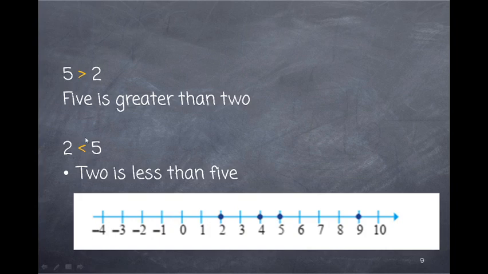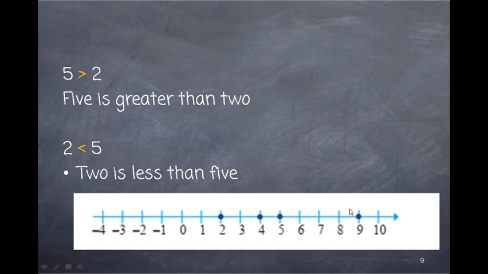And look at the next one, 2 and 5. Here we do not have the open mouth for the left side, so we read that as less than. So 2 is less than 5. Okay, understood? Okay. Now let's look at the number line given, and here I have marked the dots for 2,